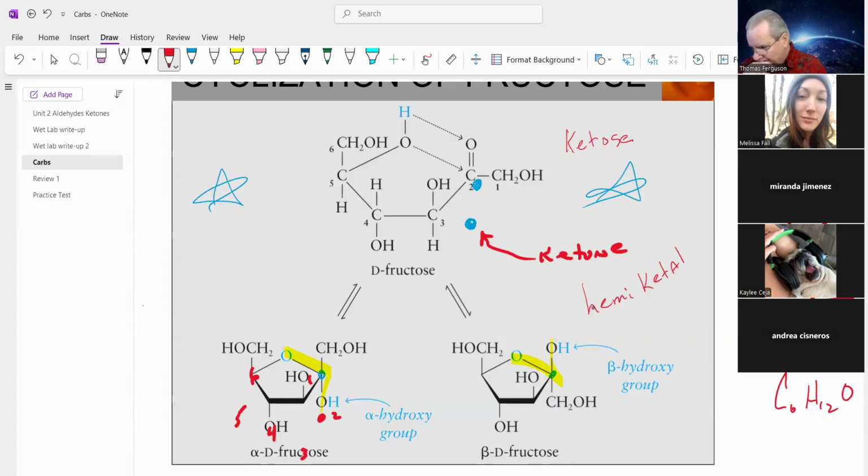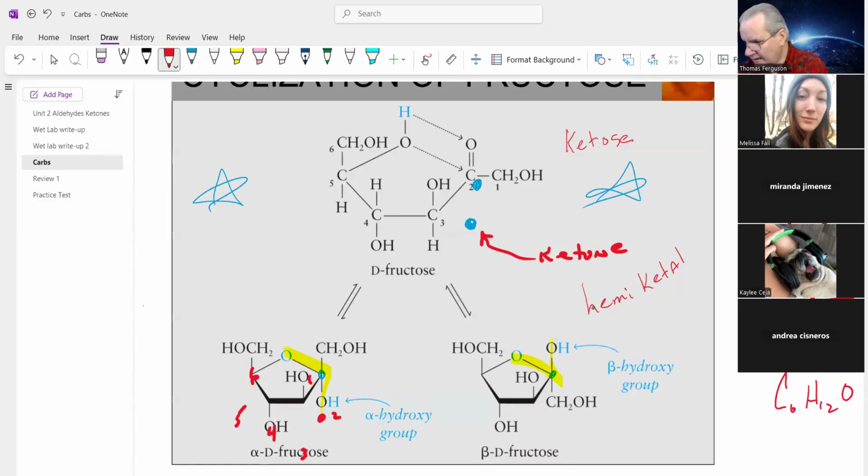Now, when this opens up to a ketone, in this open form, it exposes a ketone. The Benedict's test is for aldehydes, except there were 2 exceptions. If there was an adjacent OH group or an adjacent carbonyl group, that would give a positive Benedict's test as well. The reason for that is